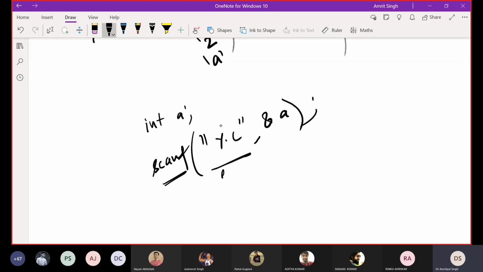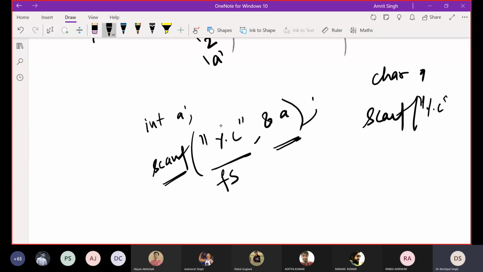When this format string is not going to match what we are entering here. Doesn't matter what in the char, if you do it for char, doesn't matter whatever you enter in the char, it is going to simply accept all the inputs.